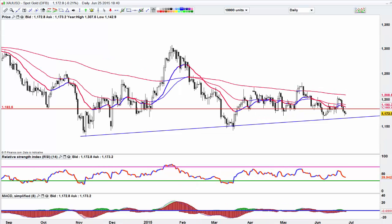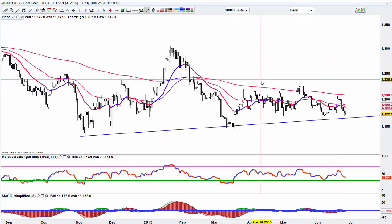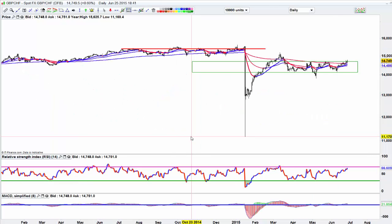Gold, hard to call. It keeps a lot of black there, keeps edging lower ever since we failed up here. Yeah, we keep closing lower, but no real significant direction. We don't often talk about these Swissy pairs, but this is the pound Swissy, and we're sitting on top